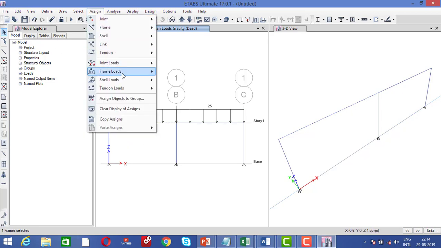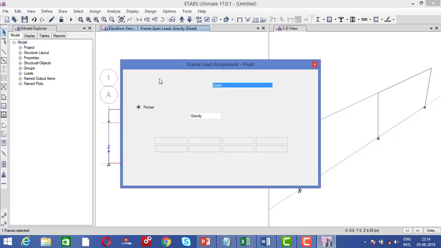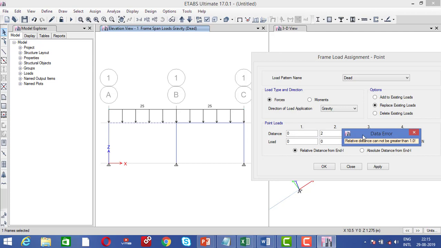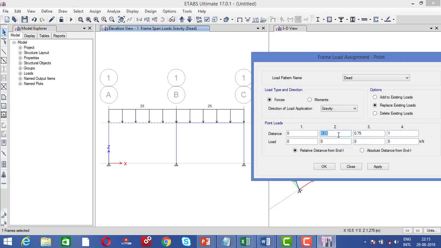to assign, provide frame load, but I want to provide the point load. So you can see it asks you how much amount of load you want to provide. So consider from this point to this point, grid to grid distance is 5 meter, right? So here this is 0, make it as 2 meter distance,